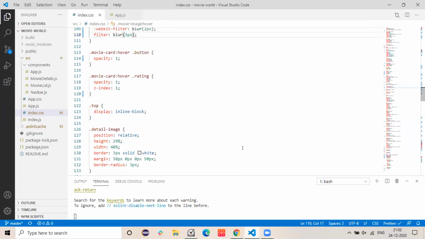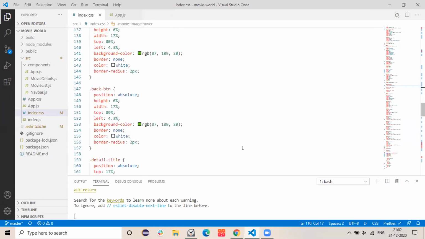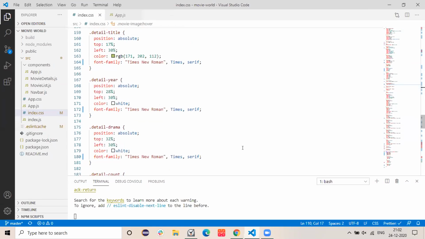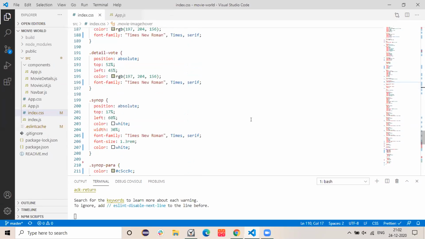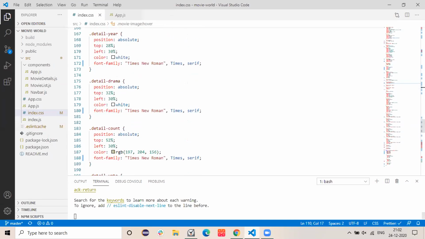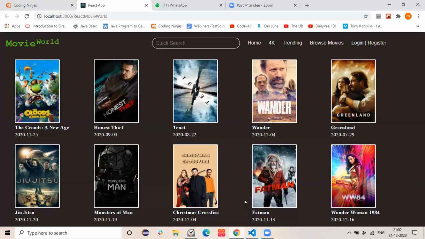Any other way to do that? Did you write all the CSS on your own? No, I googled a bit.